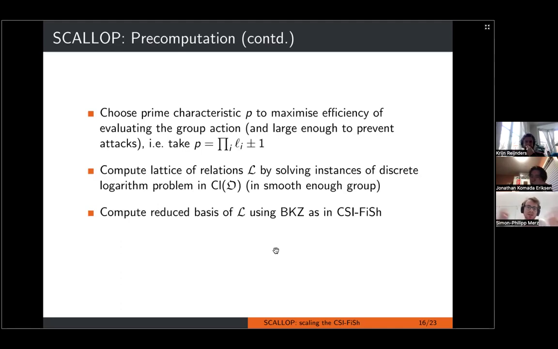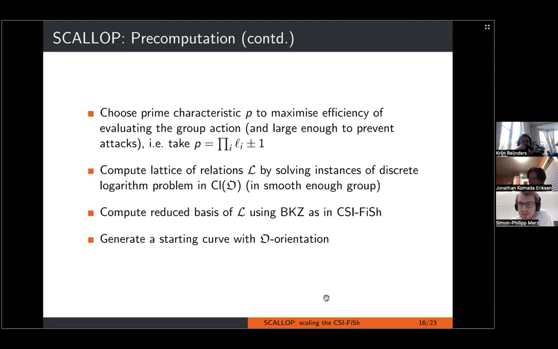So if you're familiar with some lattice problems, you will see, oh, lattice reduction, well, that's a hard problem. And in fact, asymptotically, it is also exponentially hard. But the lattices we deal with here are of dimension as many L's as you have to do the action. And I think it's 65 or something in our case for the larger parameter sets. And there's even some room upward for larger parameter sets where lattice reduction would still be quite efficient. But yes, asymptotically, we might run into issues again within the lattice reduction part.